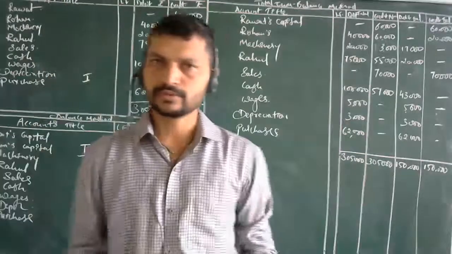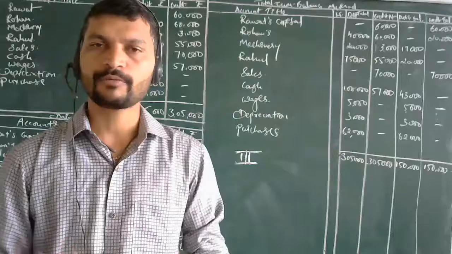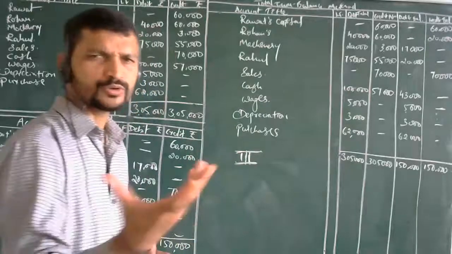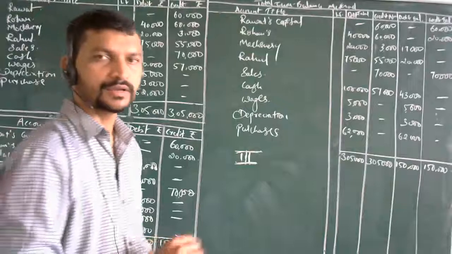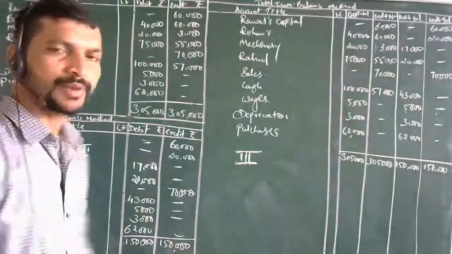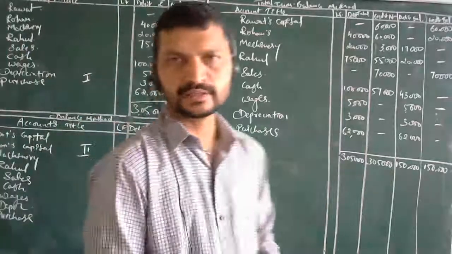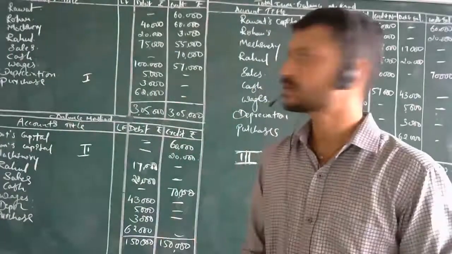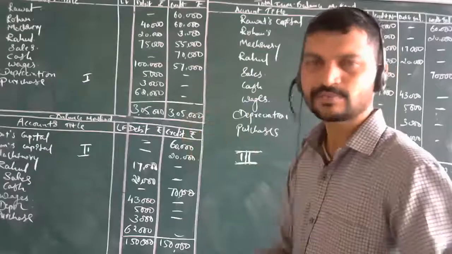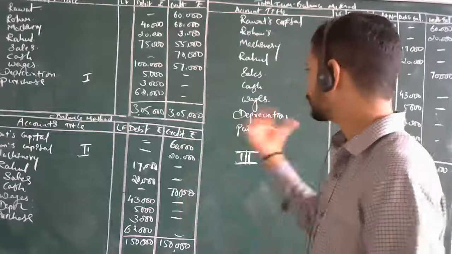Now regarding these concepts, the illustrations whatever are given for you, they will not be giving as what we have done now. They will not provide you the ledger accounts to find out in the examinations. Any one single method may be asked, like the total or balance method, by providing you the balance or the totals of these accounts, just like Rawat's capital is 60,000, as in the illustrations we previously solved.